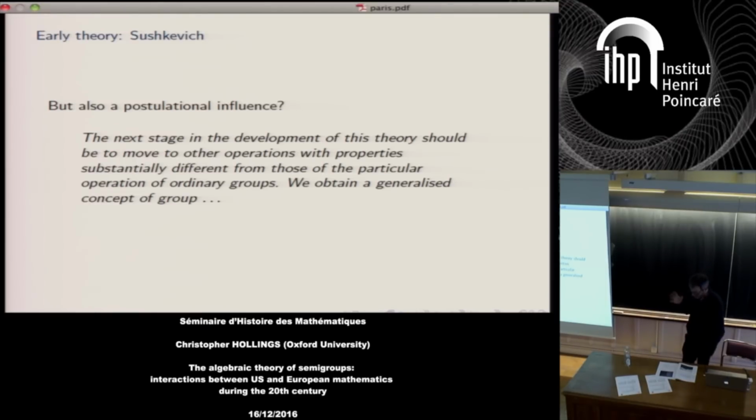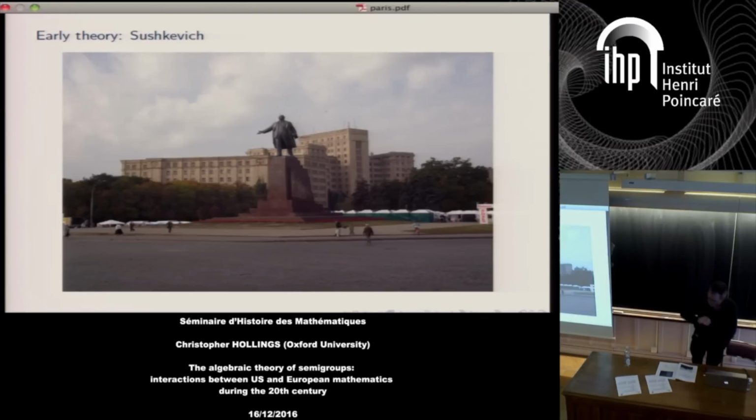I realized also that I've been sitting on material for this for several years without realizing I had it. So that gives me an excuse to show this photo. Sushkevich spent most of his life in what is now Kharkiv in eastern Ukraine. This is Kharkiv National University, which Sushkevich would have known in Russian as Kharkov State University. This statue of Lenin is no longer there. This is a picture I took on a trip there a few years ago, but it was toppled about a year or two ago by pro-Western demonstrators. So there's some historical interest in this photo.